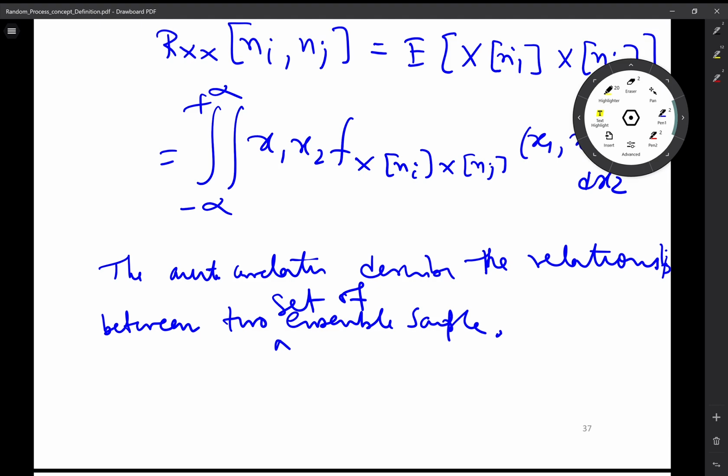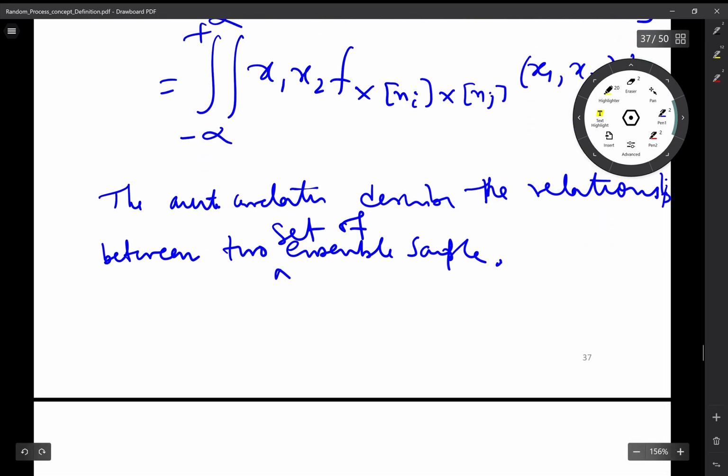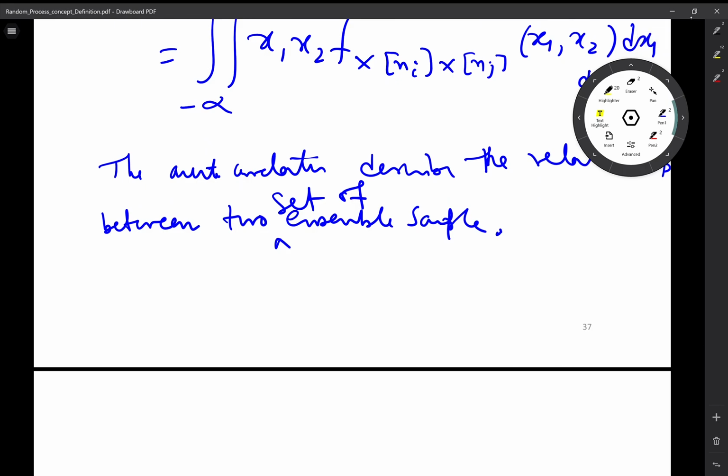Okay. So now very frequently what we used to do, say let's say we are taking ti and tj,